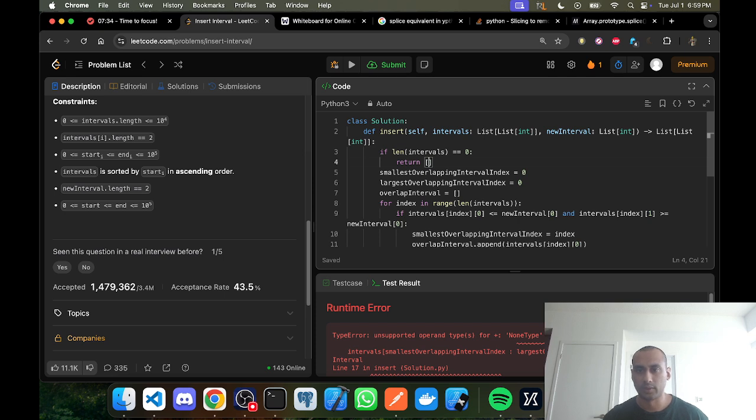We know it's ascending, so if the largest is greater than the smallest, so if intervals index 1 is greater than new interval 1,